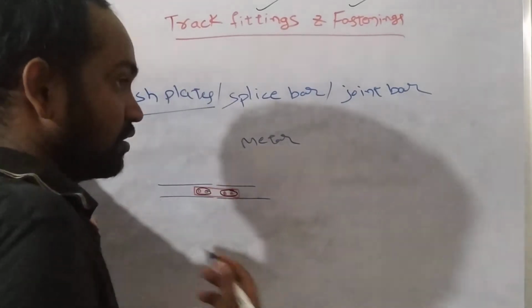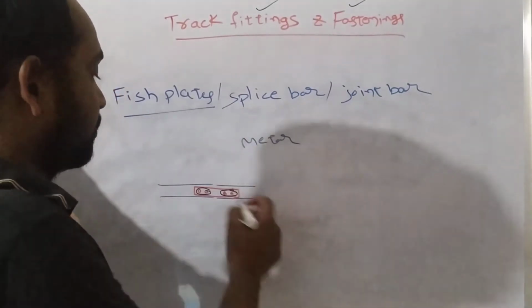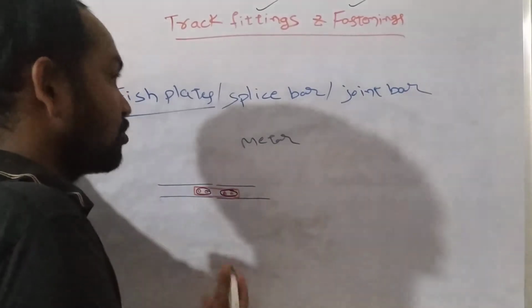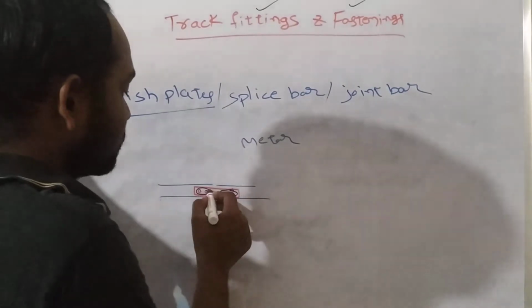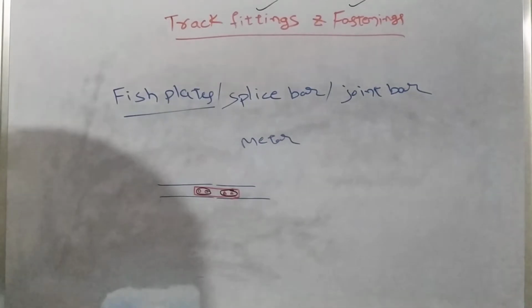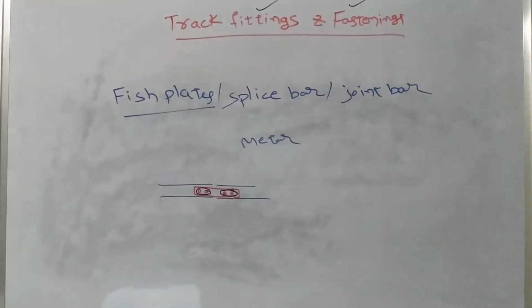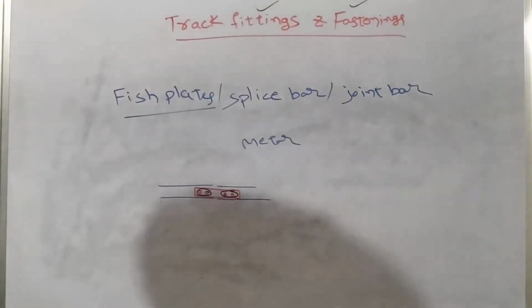So to overcome the failures caused by the contraction and expansion at the place of joints or bolted connections, to avoid those cracks or buckling failures, we will use oval shaped or elliptical shaped holes for fitting the fish bolts. The bolts which are used to connect fish plates to rails are called fish bolts. Understand or not?